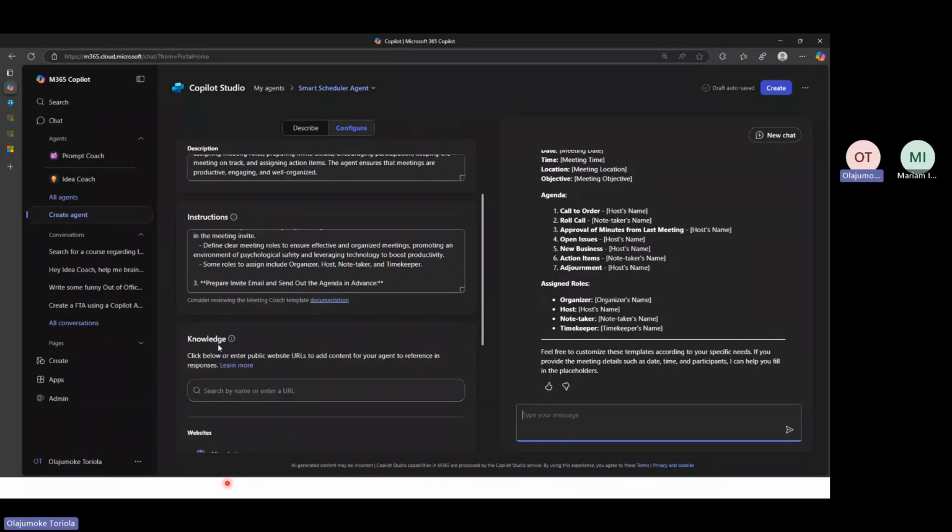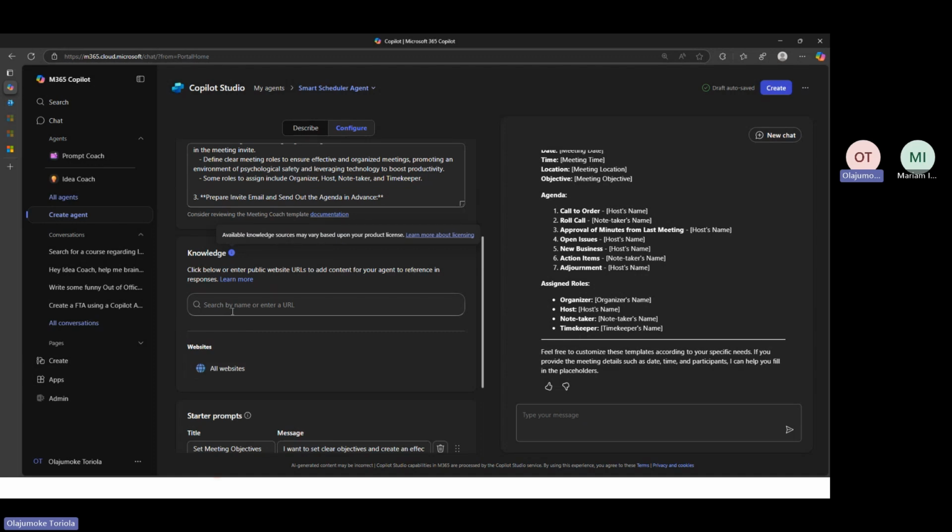after the instruction, the next thing is knowledge. So if I have a knowledge base, my knowledge base, if you look at it, can be based upon your product license. So for me, I do not have a knowledge base for, what do they call it, but one of the things it can help me do is that it goes to all websites available. So because I can use websites, the only place it can go to for this Copilot chat is the website I can make use of. But if I have the M365 license, I can put the URL